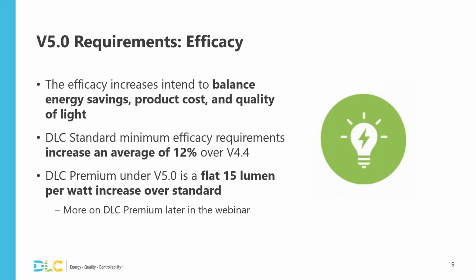Okay, starting with efficacy. As I've mentioned with version 5, our goal is to increase efficacy with the pace of technology without compromising the quality of light. So the efficacy increases intend to balance energy savings, product cost, and quality of light. The changes in 5.0 efficacy requirements increase an average of 12% over the version 4.4 requirements across all categories, though